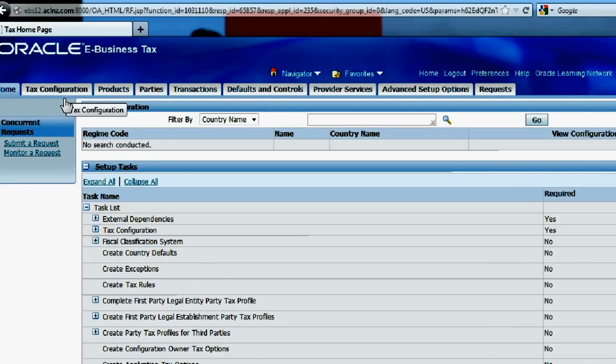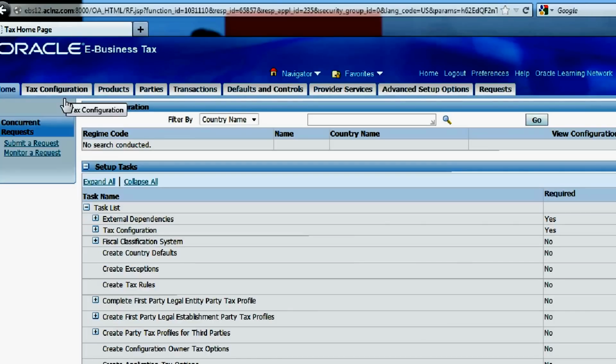The best part of the Release 12 E-Business Tax module is that everything is in one place. Unlike in Release 11i, where the tax setups used to be separate for the Accounts Receivable and Accounts Payable modules. Then you had to separately set up the legal entities and operating units and so on. So it was quite a segregated setup in 11i, but compared to that, in Release 12 E-Business Tax, everything is